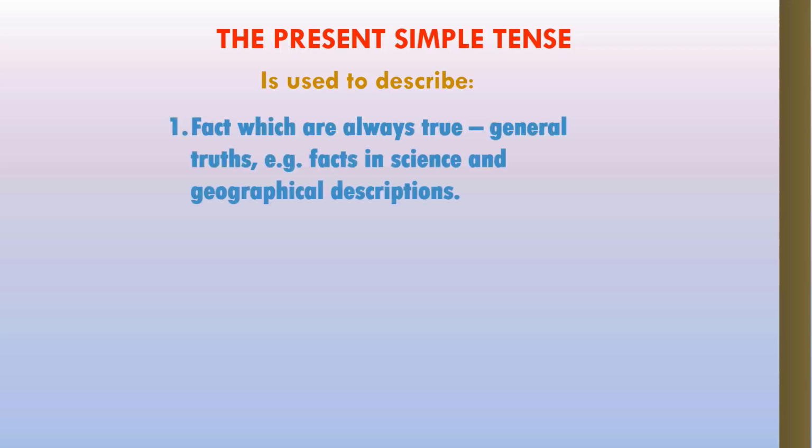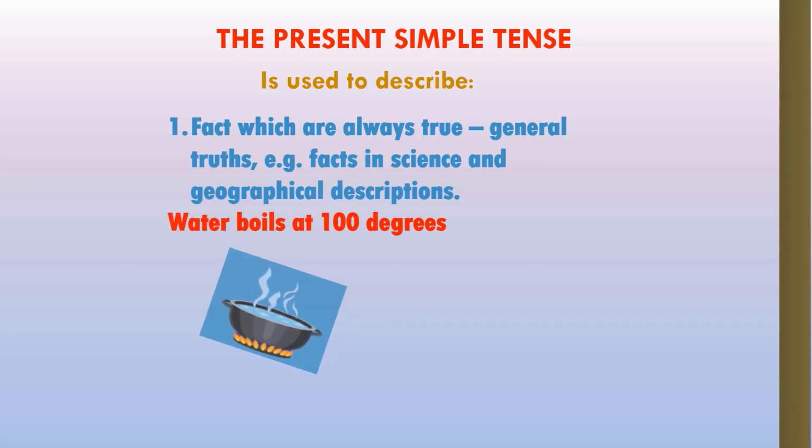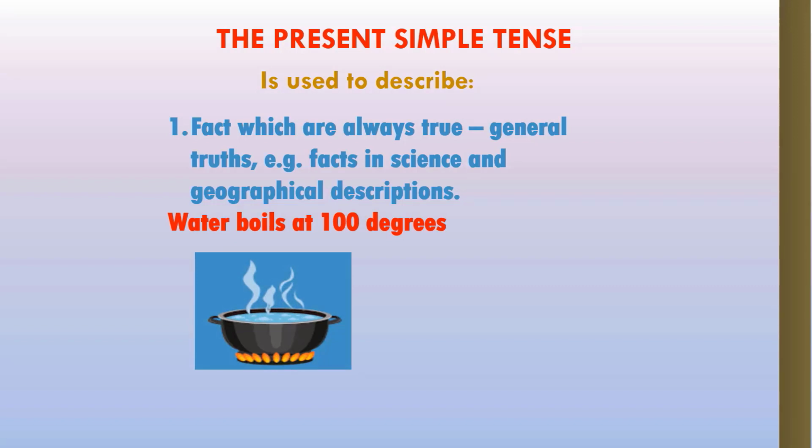And one of the uses is that when we use the present simple tense, we talk about something which is fact, something which is always true. So this could be with science, with geography, something that we know is a fact, something that we know is the truth. An example of this is if we take water and we take the temperature of that to 100